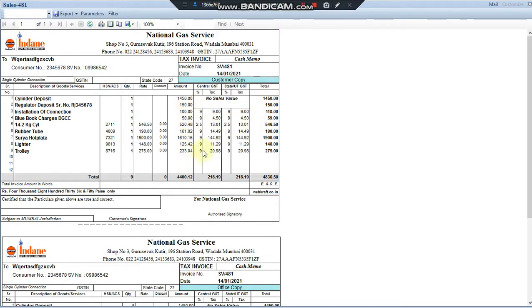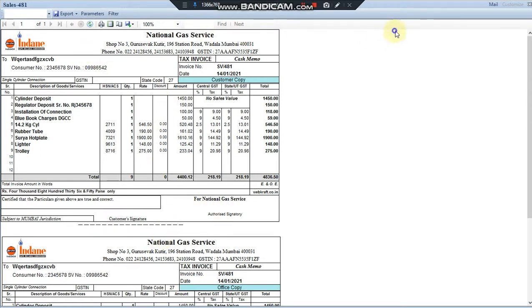All this GST added to the value appears in the total amount column, and if you add all the totals you get the grand total and the amount in words. Now tear the customer copy and office copy here, give the customer copy to the customer and retain the office copy by obtaining his acknowledgement and signature.